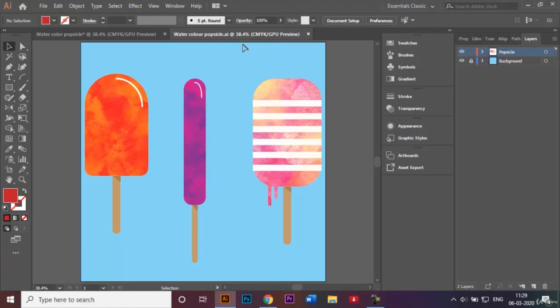So I hope you enjoyed this tutorial as much as I did, and you can use the same clipping mask tool and use this process to make different kinds of watercolor popsicles. Make it in different shapes, give it a different flavor, add toppings if you like,